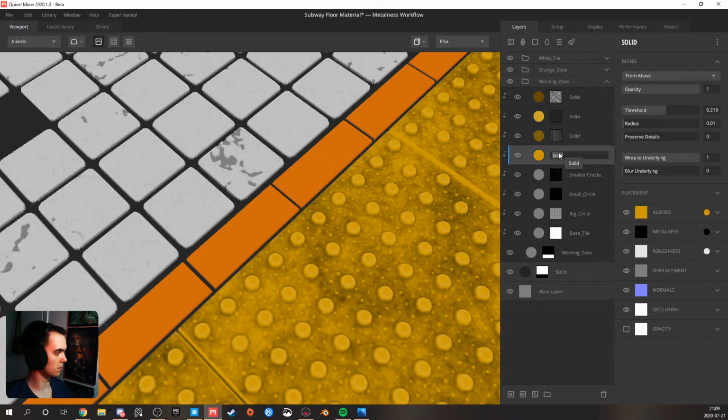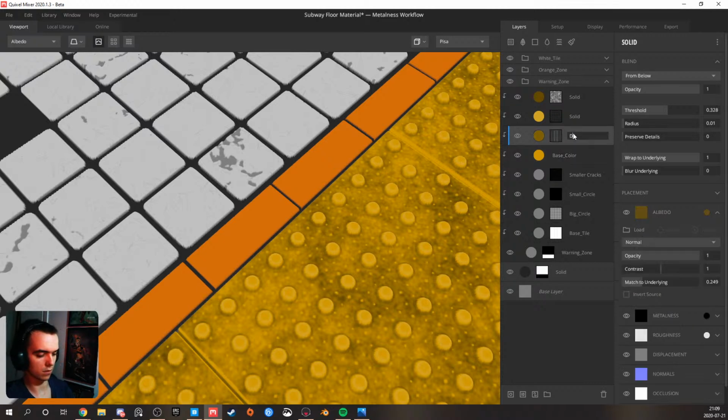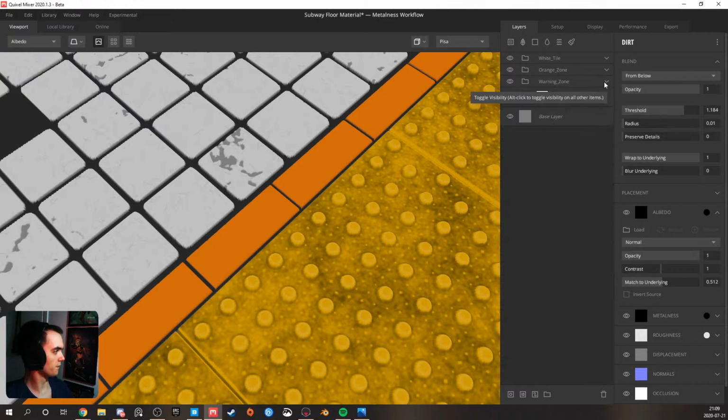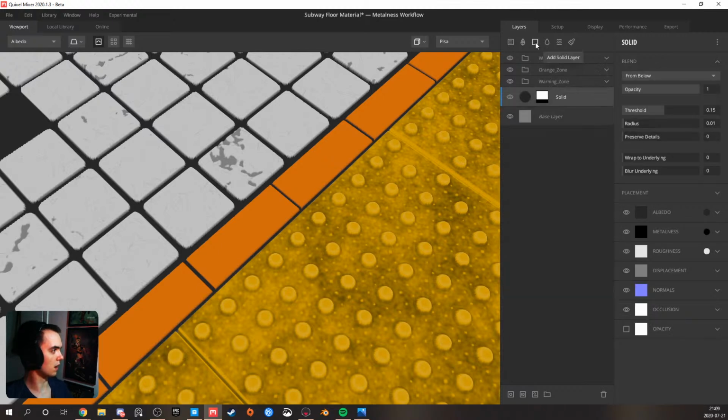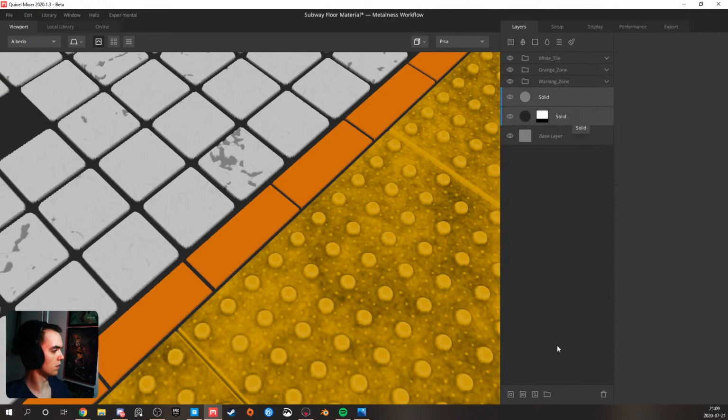Oh, I didn't rename base color. Dark spot, light spot, and dirt. Please rename your layers, guys. And I'll add a group there. Concrete. I think it's spelled like that way. Not sure. Right, so